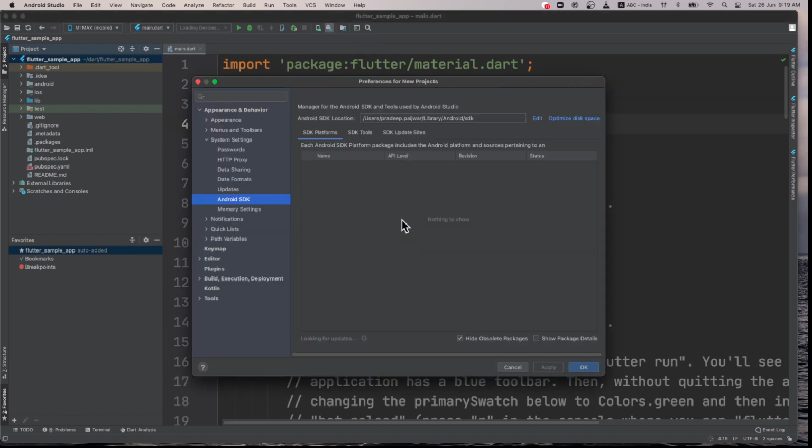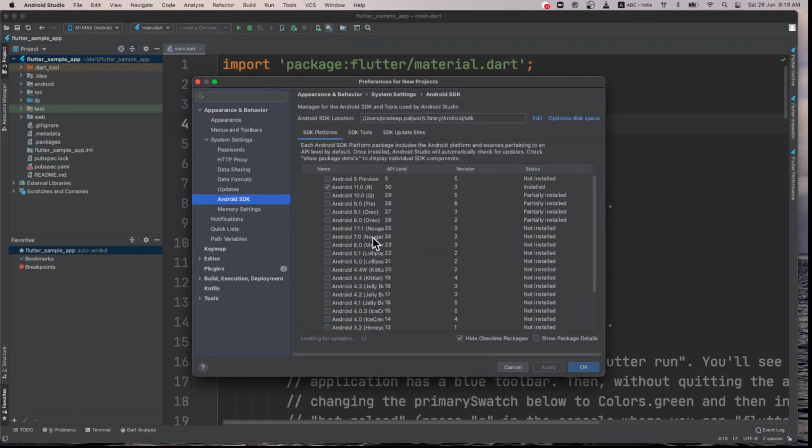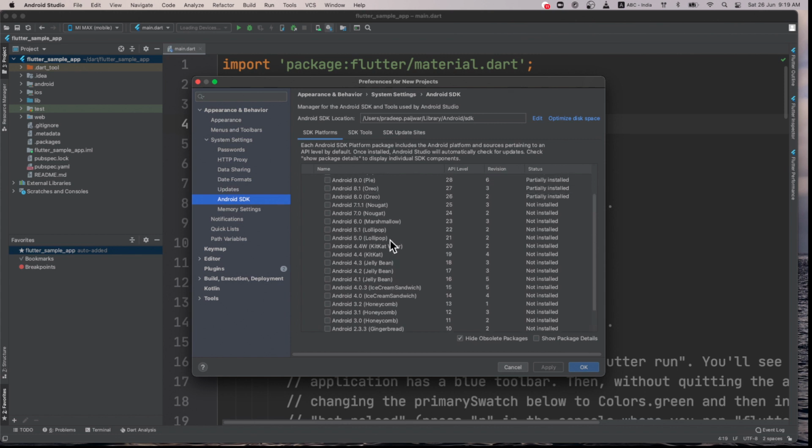If you click on this, you will see there are different versions of Android that you can download from here. So you can run multiple emulators in this. Say I want to support Android 12, or I want to support a very old version like Android Lollipop, I can select from here, install it and then use it.